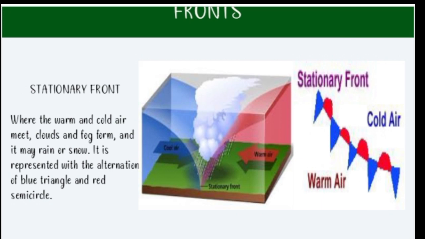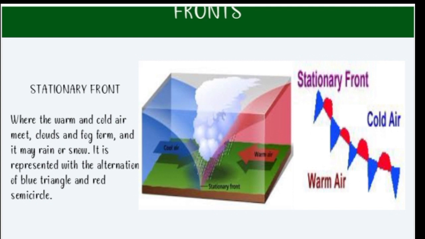A stationary front forms when warm and cold air meet and neither air mass has the force to move the other, so they remain stationary. It means the boundary between air masses which are not moving. These stationary fronts bring many days of clouds and precipitation, and the symbol is represented with an alternation of blue